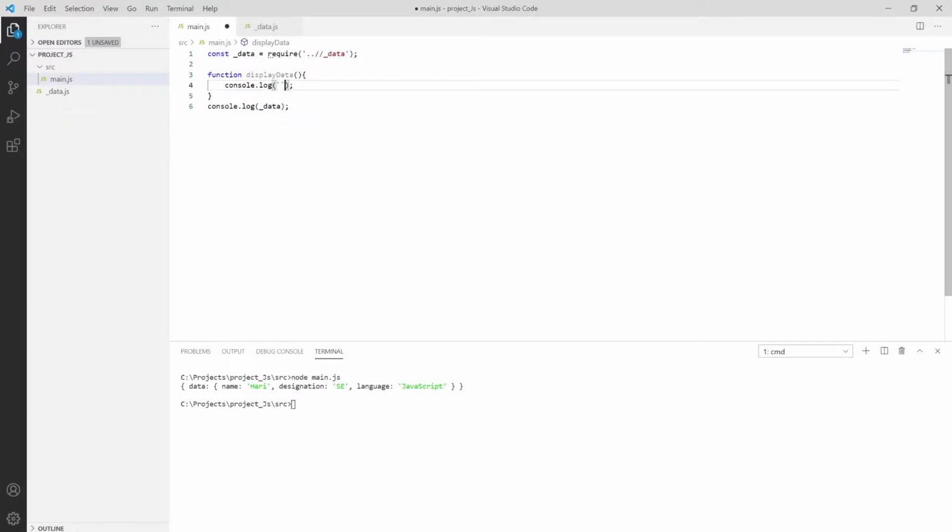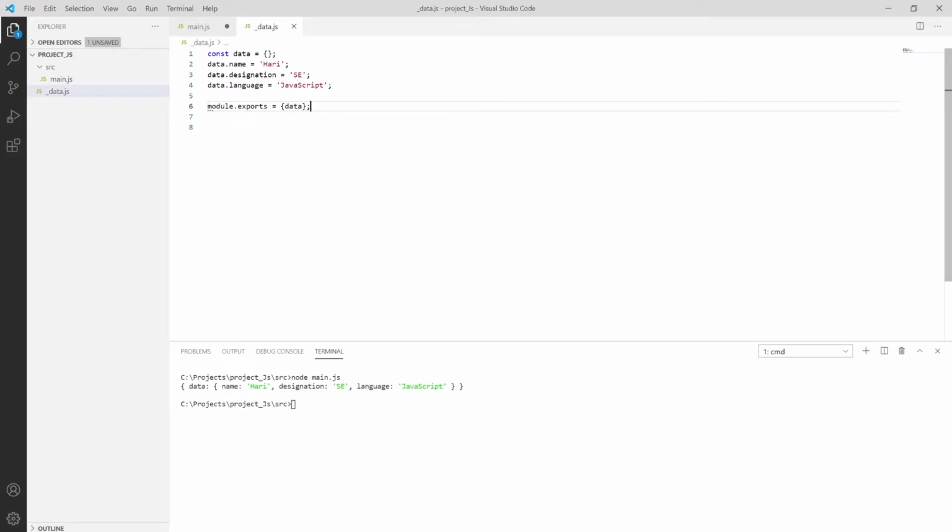With the help of interpolation I'm printing the name as ${_data.name}, and in a similar way I can put console.log and then designation as ${_data.designation}.